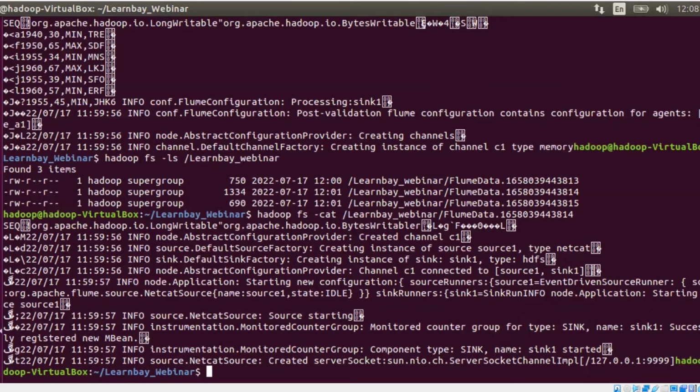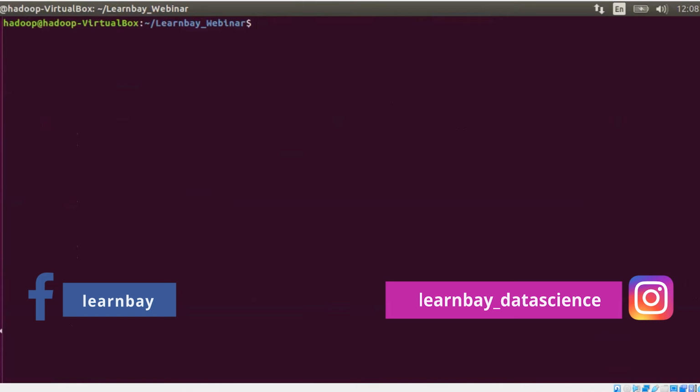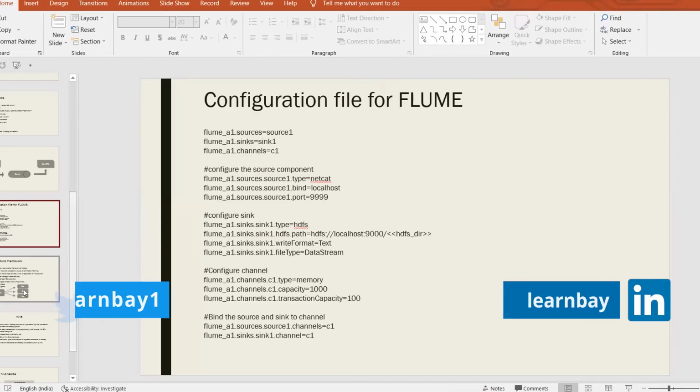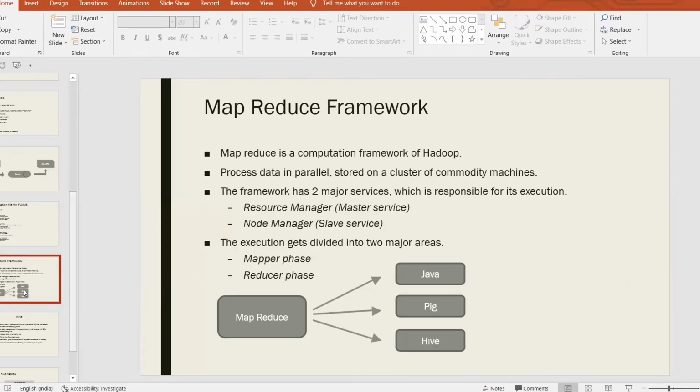Perfect. Now, let's move on to a very, very important topic, which is your MapReduce framework. Many of you would have known this before, or if not, maybe you would have heard it somewhere. MapReduce is one of the most prominent frameworks, which paved the way for today's computation in terms of